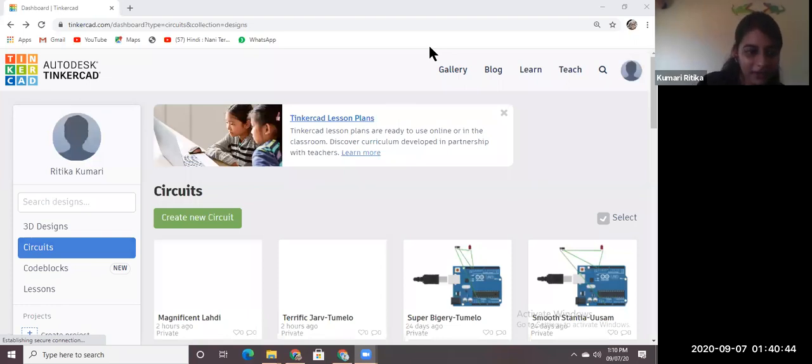Is there anyone who is left, who is still doing this? Just write it in the chat box. Otherwise, I will start the coding. Okay. So let's start the coding.